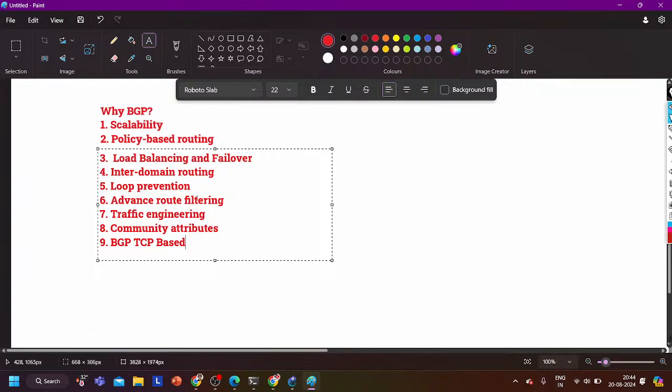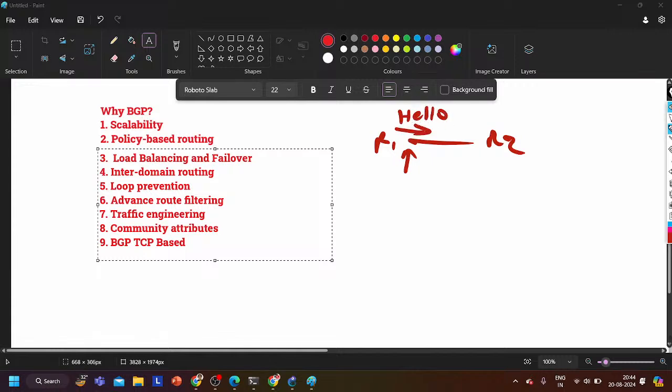All IGP routing protocols support dynamic neighbors, right? How are you configuring OSPF between two routers, guys? R1, R2. Once you advertise this interface in OSPF, this router will start sending hello messages. Once you advertise this interface in OSPF, this router will also start sending hello messages. And both routers are going to match some parameters. If the parameters match, both routers will become neighbors. This is what? Dynamic neighborship, dynamic in nature.